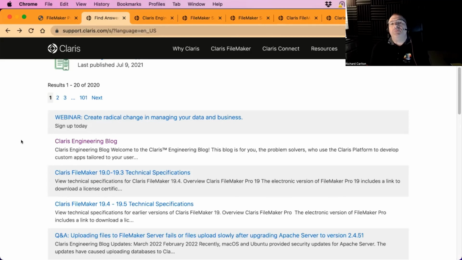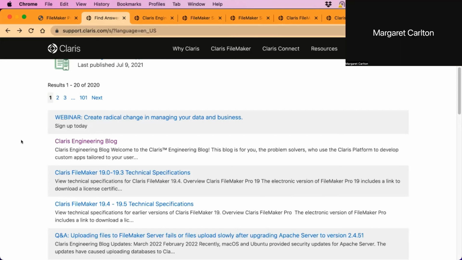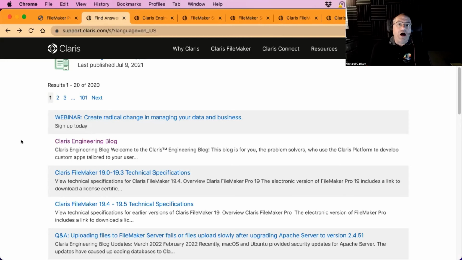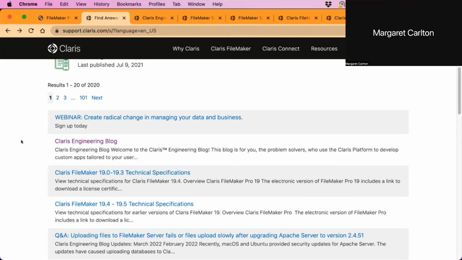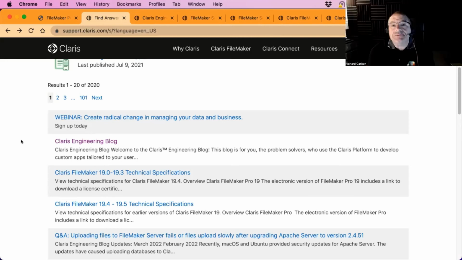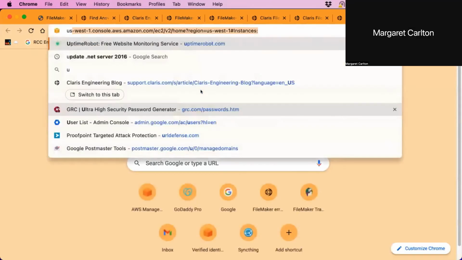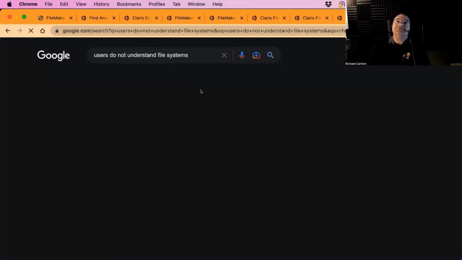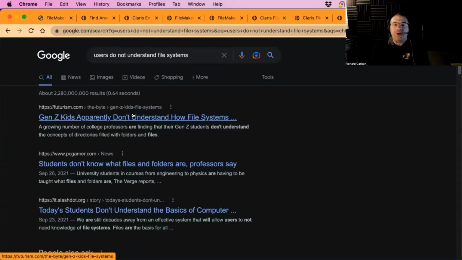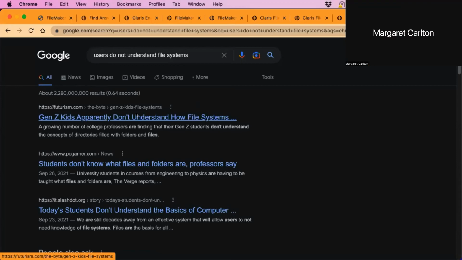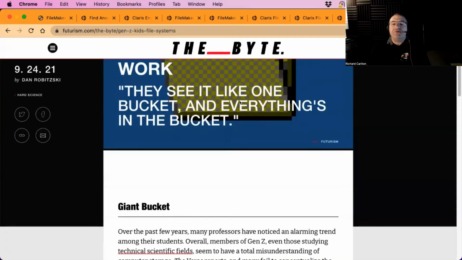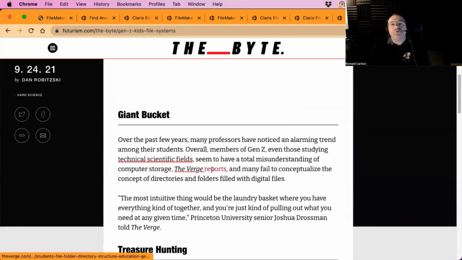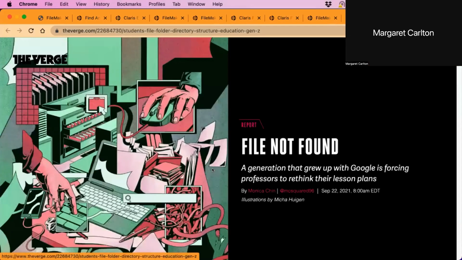Well, the STEM people have these new kids coming in, and none of them understand how file systems work. I learned file systems with the Commodore, and then the Mac largely had them. And there still are file systems out there, but they've been obscured and hidden by the operating systems, like when you go into Windows or on Mac and all this sort of stuff, right? See if you can find that. And the problem is that when you're doing engineering, AutoCAD, mathematical, I don't even know if Mathematica is a thing anymore, but you're doing some advanced stuff, you can't just throw it all on the desktop, because that's not how science